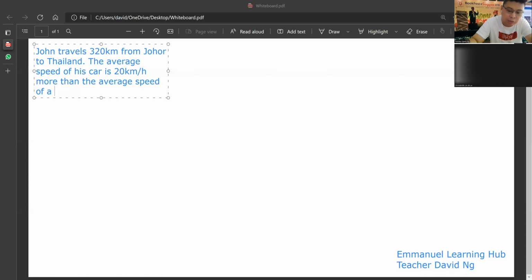Probably change to bus. Okay. If the average speed of the bus is x km per hour,